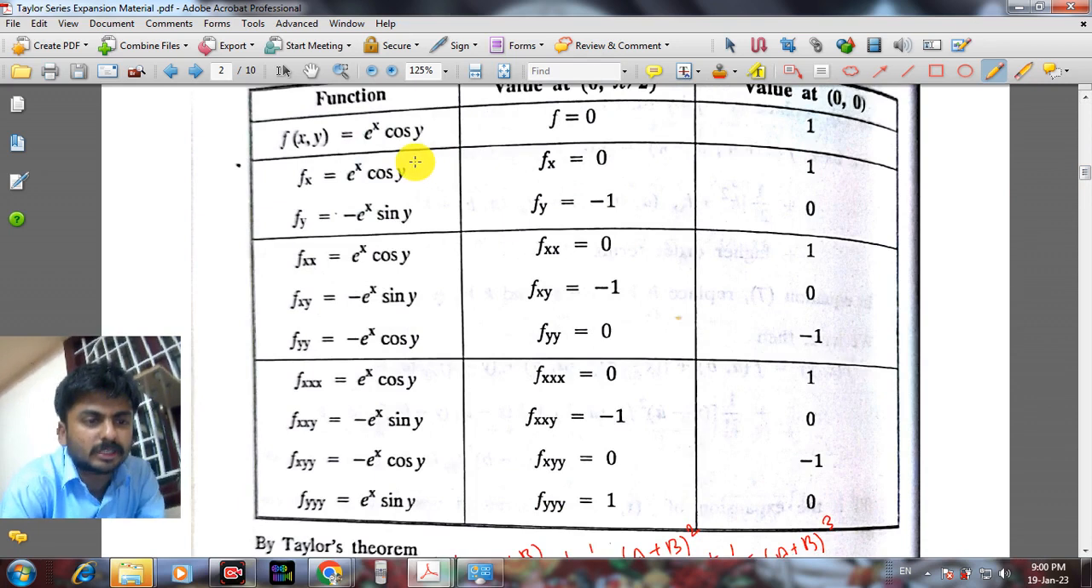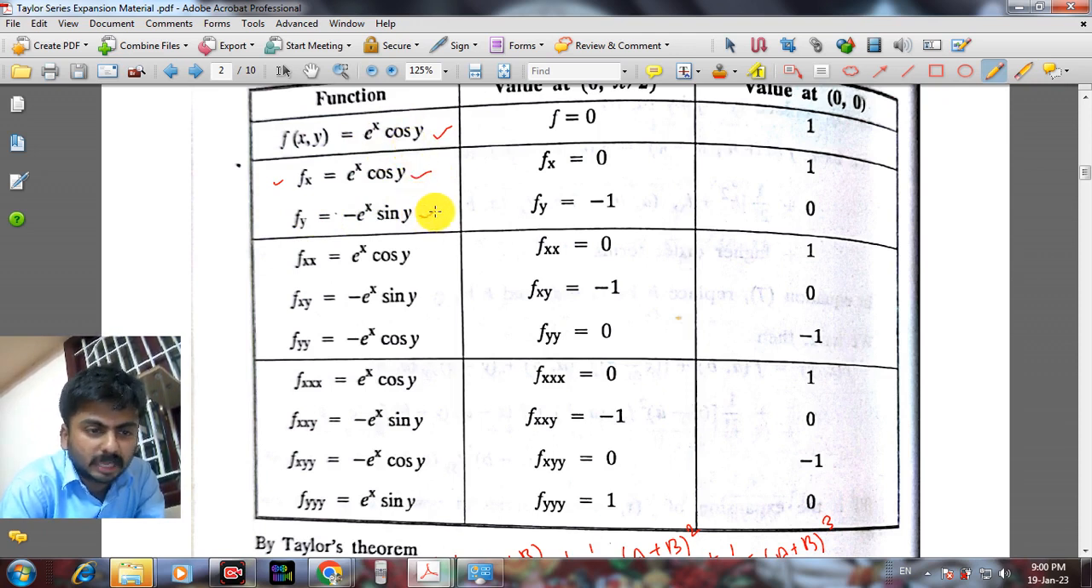So what is f of x comma y? f of x comma y is e power x cos y. So when I differentiate it with respect to x, I will get fx. The differentiation of e power x is e power x, and since we are differentiating partially with respect to x, cos y is constant, so we get e power x cos y. Suppose I differentiate it with respect to y, here e power x is constant